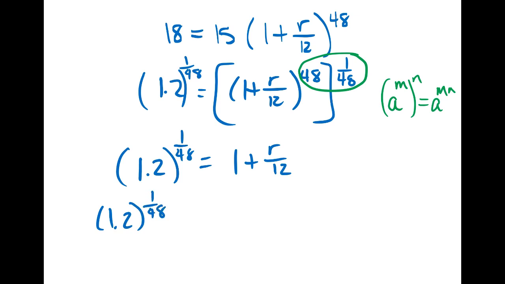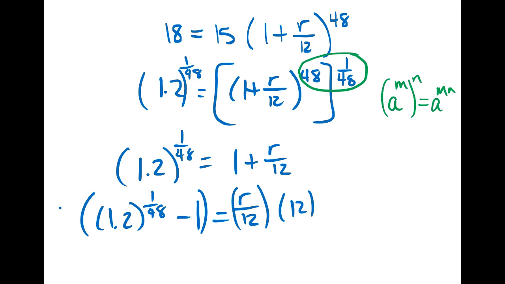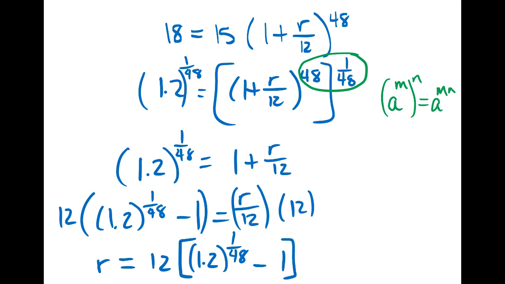So I'm going to need to simplify that expression in a minute. That gives me r over 12, and then I can multiply both sides by 12. And we see that r is 12 times 1.2 to the power of 1 over 48, minus 1. And if you like, instead of having two parentheses, sometimes it's nicer to have a bracket and then parentheses. But you can also just use two sets of parentheses. And then we need to simplify this. So inside parentheses, when we take 1.2 to the power of 1 over 48 and then subtract 1, that's